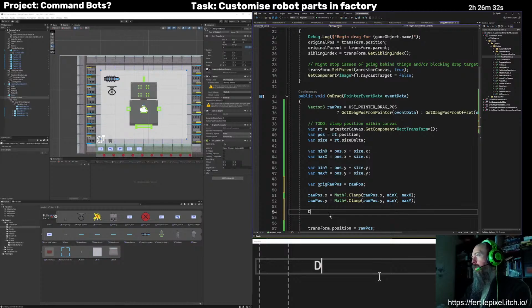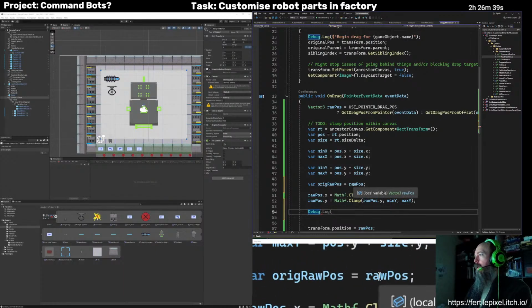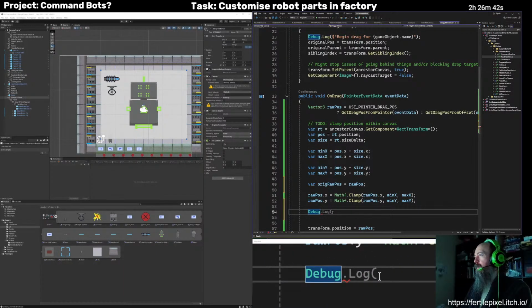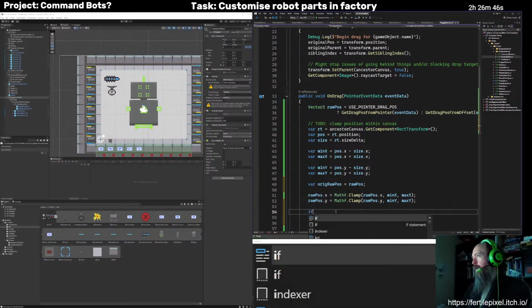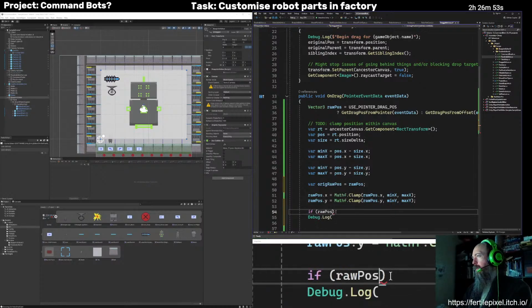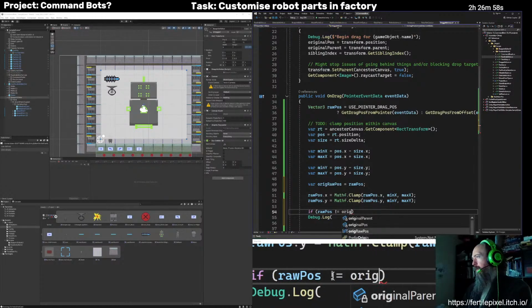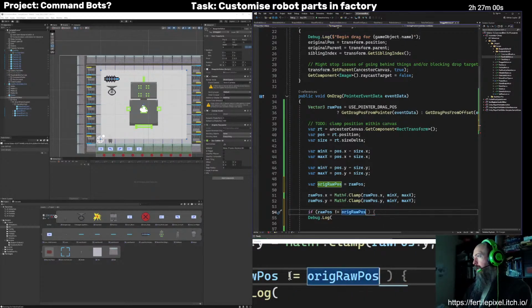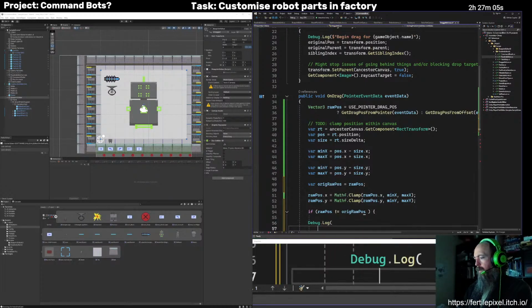So that should be sufficient to cache my previous X and Y. I just want to do this not all the time because we'll spam the logs too much. But if it's not equal to the original raw position, then we'll bother logging.